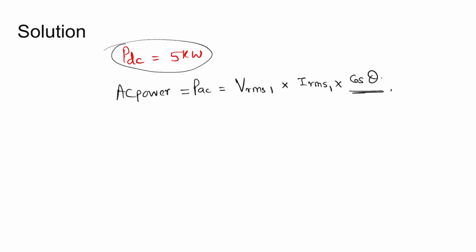Cos theta is unity because unity power factor operation is given. So 220 volt, the AC RMS fundamental voltage, multiplied by IRMS 1 into 1 must be equal to PDC, which is 5000 watts because it is 5 kilowatts. Now IRMS 1 is found out to be